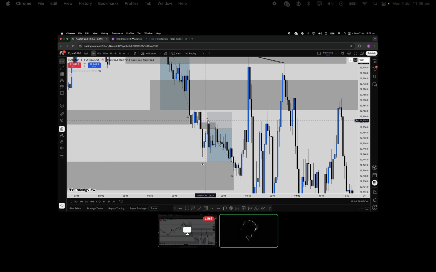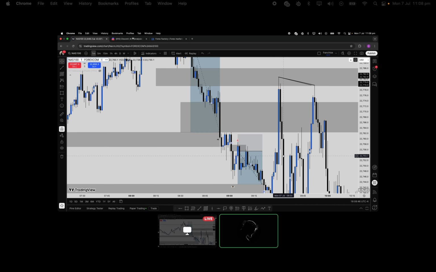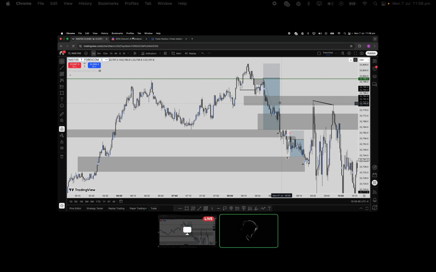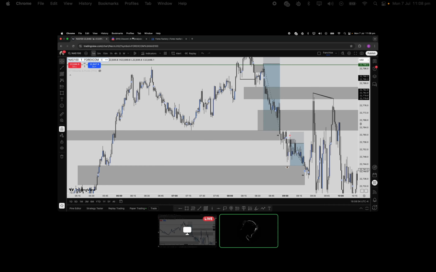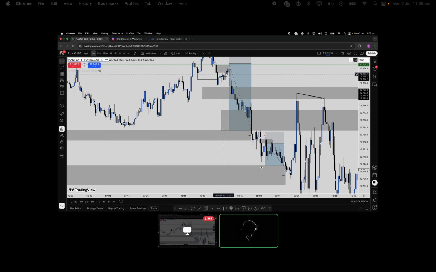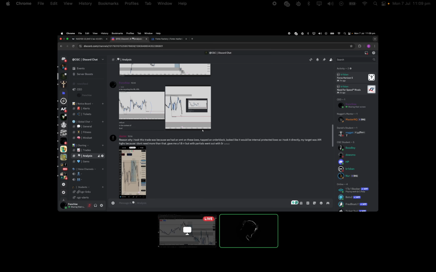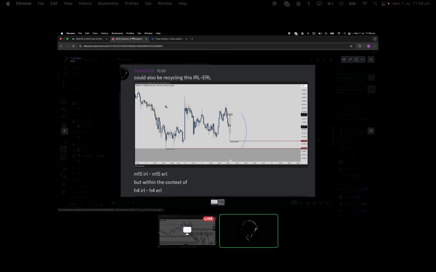And then where would we go from IRL to ERL, this low? Also our target, because we're using it fractally: this sell model from ERL to IRL has not been complete until we get to a fresh gap. So technically this move was not complete yet, meaning this IRL to ERL also covered the IRL final target, which is what I said here